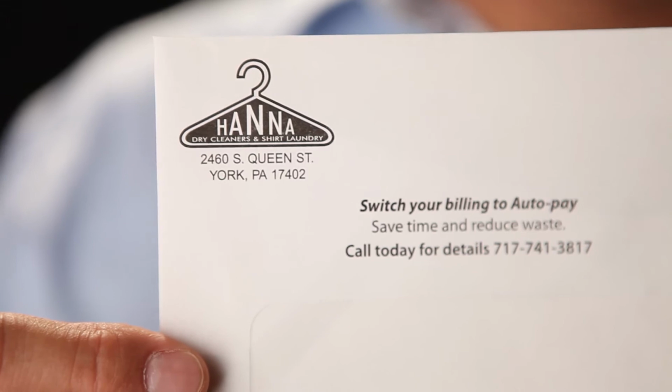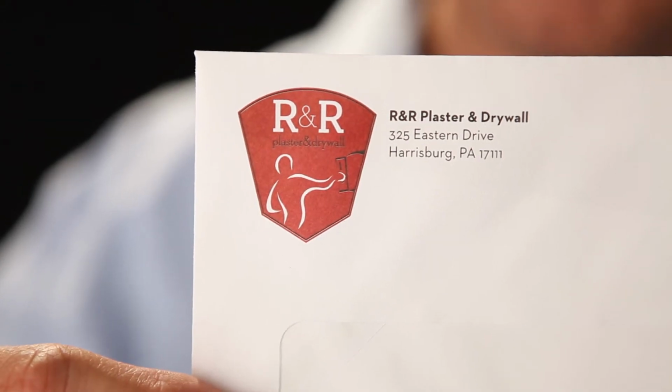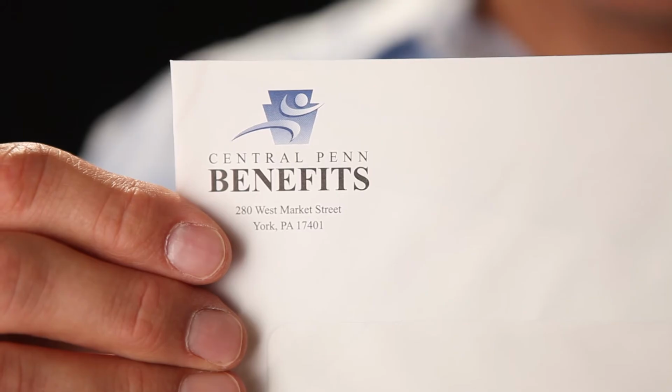These are spot color. This is a Pantone spot color black envelope. Here is one that's printed in red and black. Blue and black. And here is a very similar red as you saw with this, but produced using cyan, magenta,